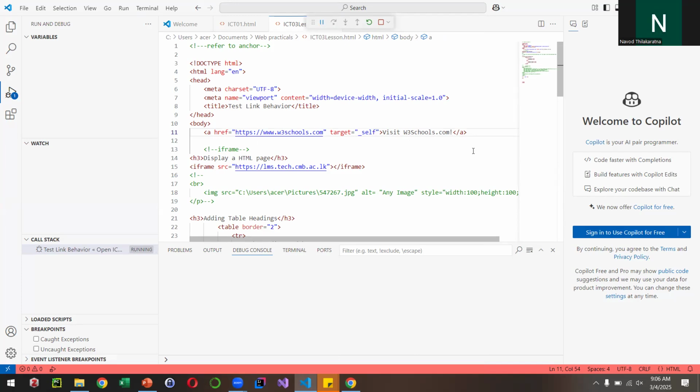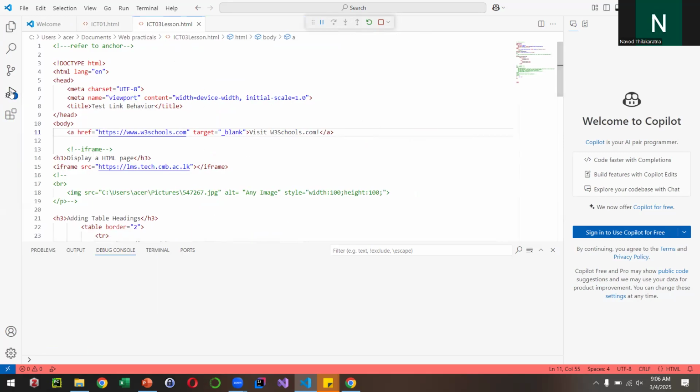So here you can see inside the body tag I have a particular link, right? I'm redirecting to this particular W3Schools site with target self. I will tell you what self is later. But if you use the blank attribute, what happens is, the IDE itself is automatically suggesting what to put there. And if I hit the save button and run again,